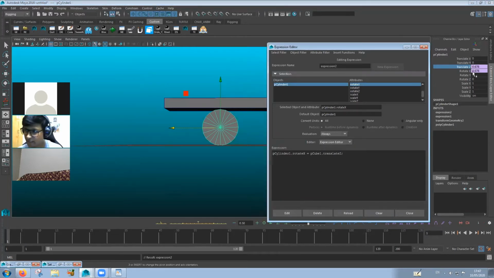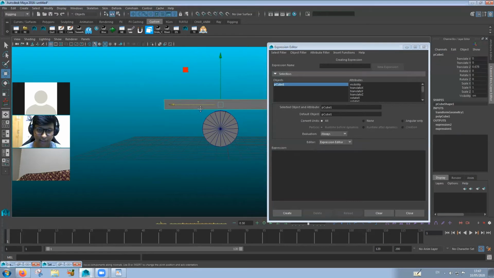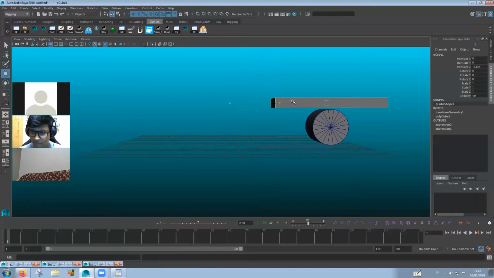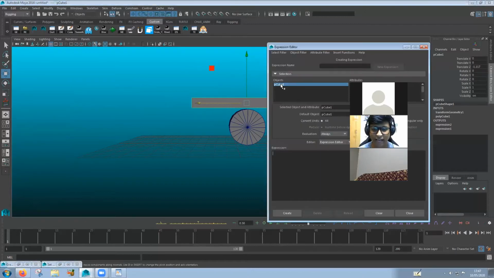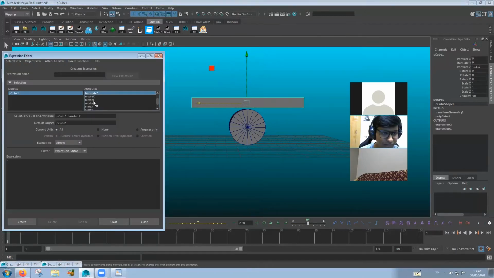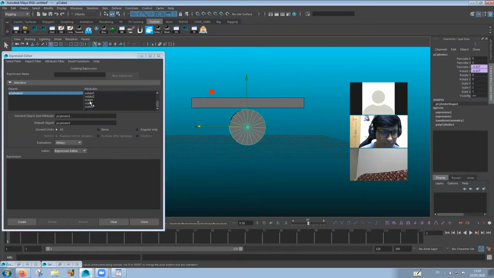Now we've created it and you see that now rotation x is also controlled. So we are moving it, but I don't know if you guys can see, it's moving very slowly. That is because centimeter is being converted into rotation, into degrees. We have this disparity over here. So what we can do is change this by multiplying the output. We go over here to rotate x, and what we're going to do is multiply this by say 5.